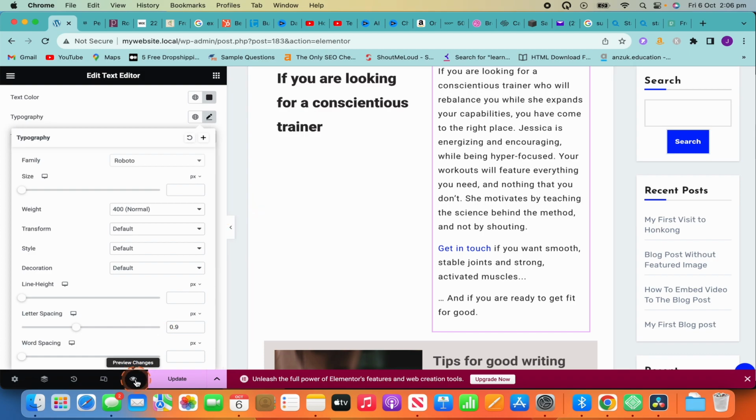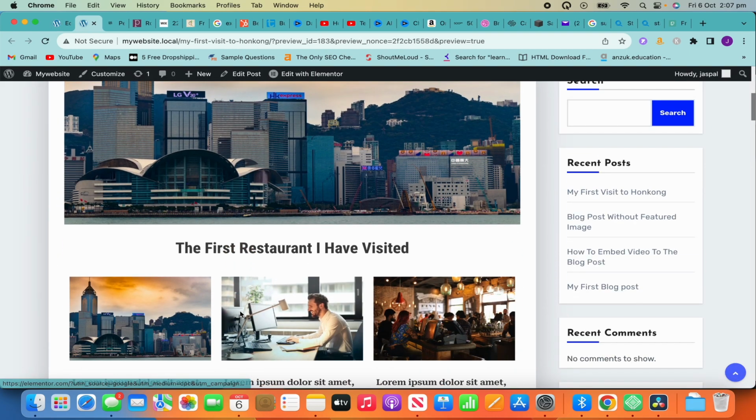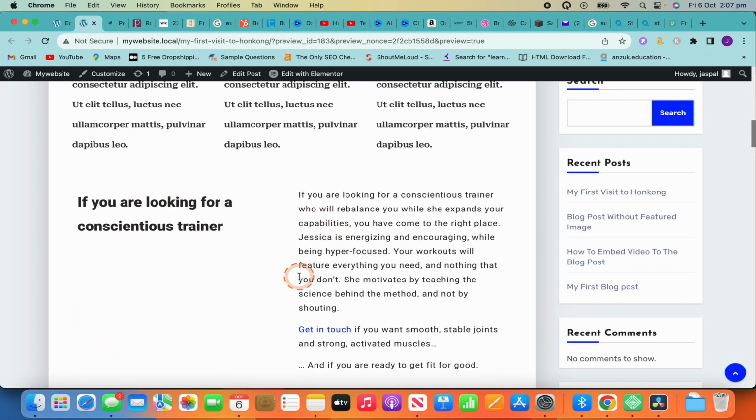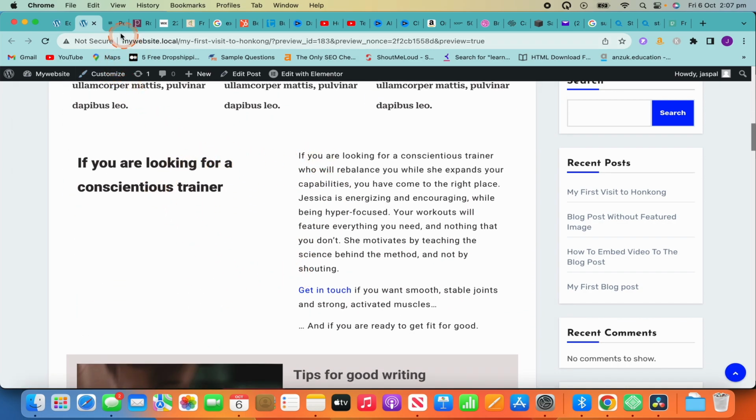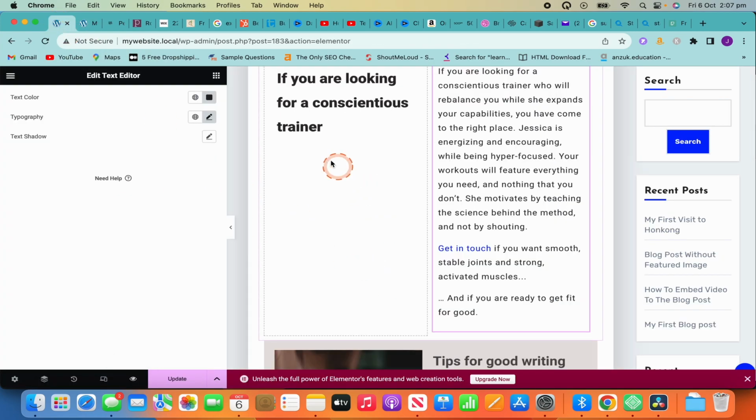And if you want to see the changes, again I click on this one so that you can see the difference we have created. So this is how it looks. It is not exactly the same copy, but this is how you can increase the font and change the font family. You can even, if you want to give it less space over here,